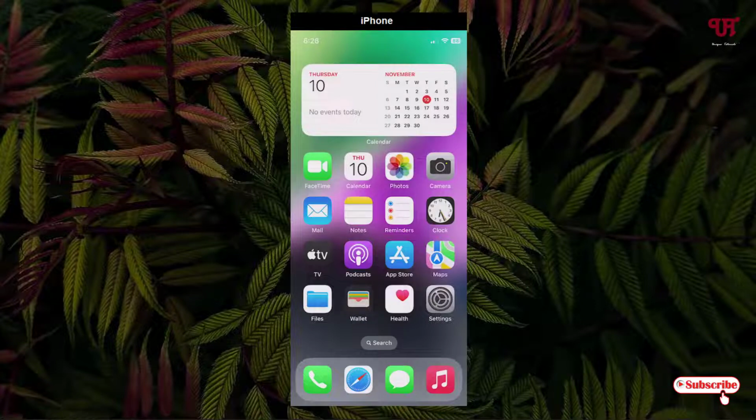Today in this video I'll show you how to make any app icon size bigger than the default size in iPhone or iPad. So without further delay, let's begin. Right now you can see my iPhone home screen, and you can see the default size of my iPhone. In order to make the icon size look bigger than the default size, what you need to do is